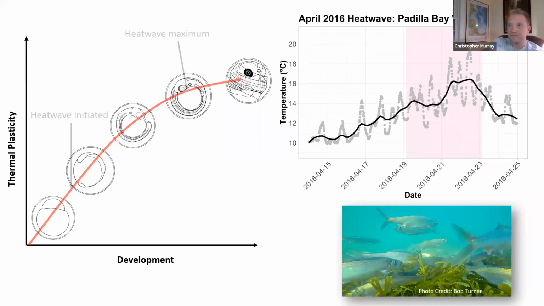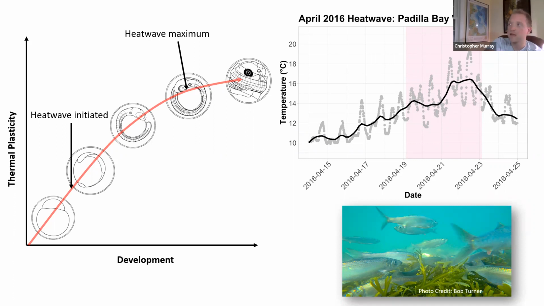The first is that we evaluated the heat wave period across embryonic development. So the heat wave was initiated right after the closure of the blastula, which is typically a very sensitive stage of environmental tolerance in fish embryos. But we didn't reach maximum heat wave until the eye stage. And by the time an embryo reaches an eye stage, its thermal tolerance is actually quite similar to that of the larvae. So we moved from what is a very sensitive to a somewhat tolerant stage. So maybe we need to focus a little bit more on these early embryos if we wanted to identify potential